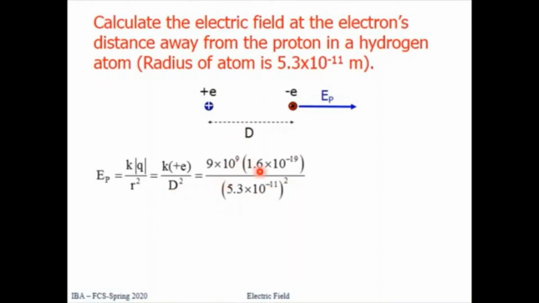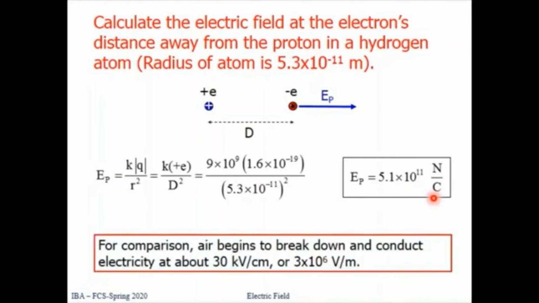If you solve this, we will get an electrostatic field of 5.1 × 10^11 newton per coulomb. If you compare this number with some daily life experiment, for example,